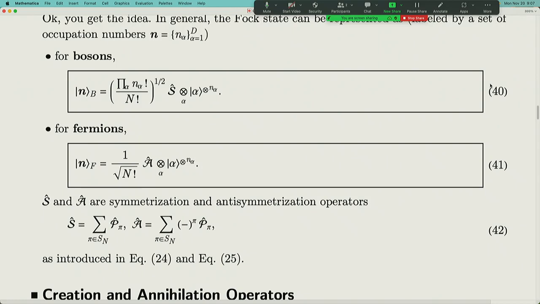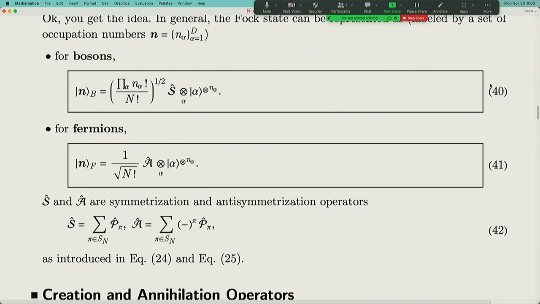Like the first state, copy alpha n1 times, the second state copy n2 times, and so on. You just tensor product all these together to make the representative state, and then you apply the symmetrization operator, which permutes the representative state and sums over all possible permutations. In the end, we need to normalize the state